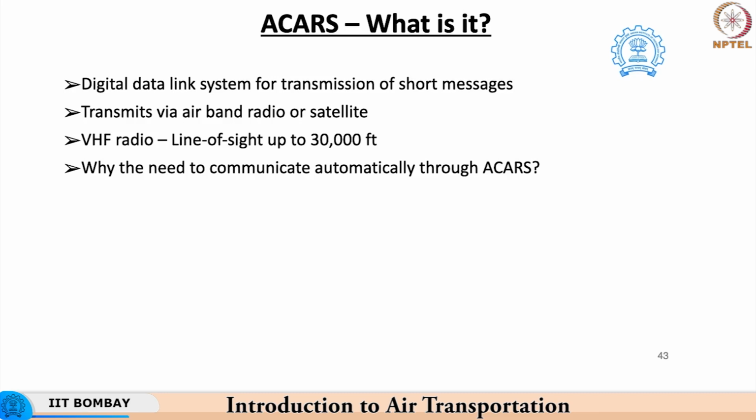The overall communication happens in three different ways. Firstly, when the aircraft is in a region where the VHF radio is available, the communication will happen through a VHF communication mode. If the aircraft is operating in an oceanic region, it will make use of the airband radio or the HF propagation path, and if the aircraft is not able to make use of both these techniques, it will switch on to the satellite communication propagation path.